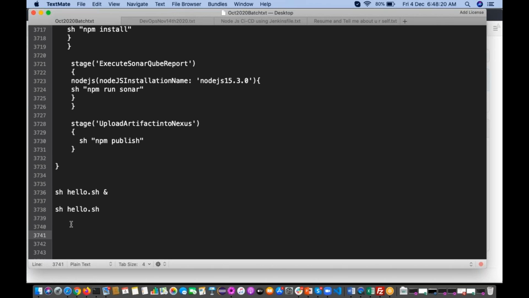If you want to know the process ID, what is the symbol we are going to use? Dollar dollar. But if you want to know the process ID of your script which is running in the background, it is dollar exclamation mark. So $! is going to give the process ID of whatever job is running in the background.